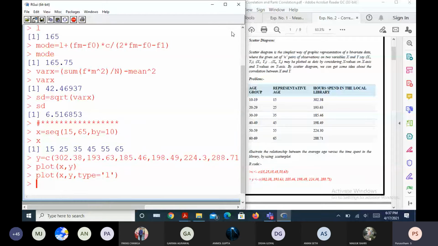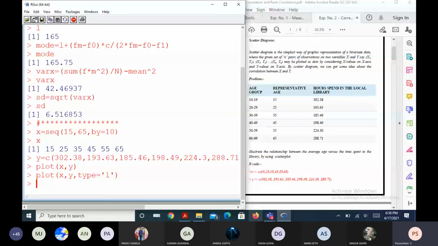So if I go with the linear plot for this, then a linear model can be, I think you have noted down the formula for regression, right?